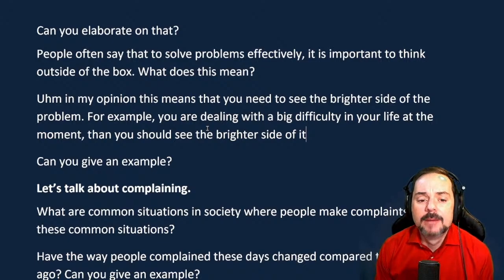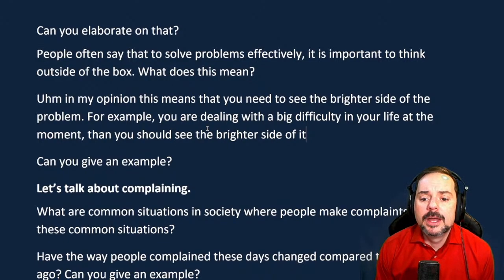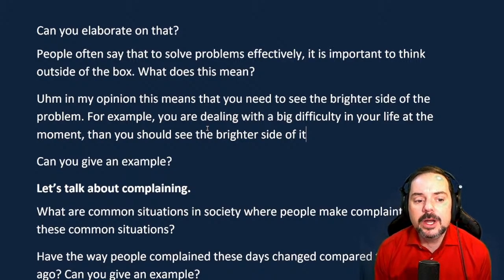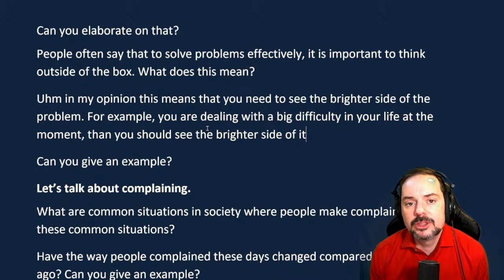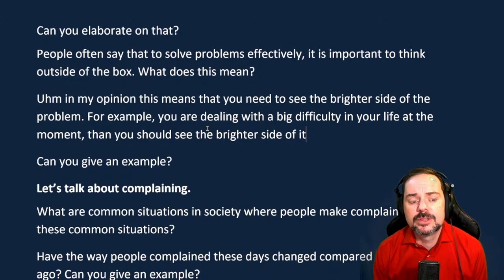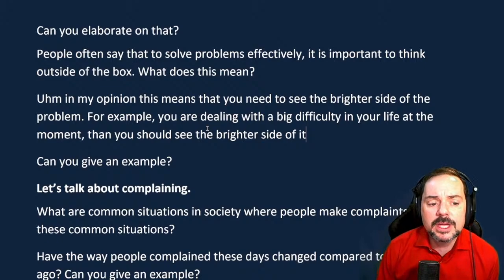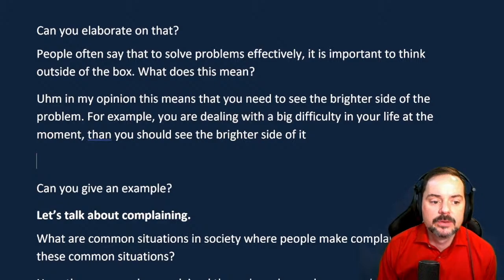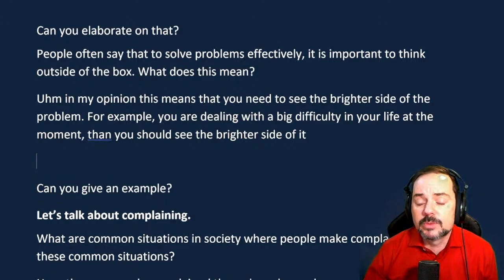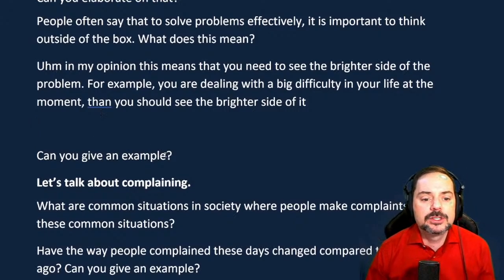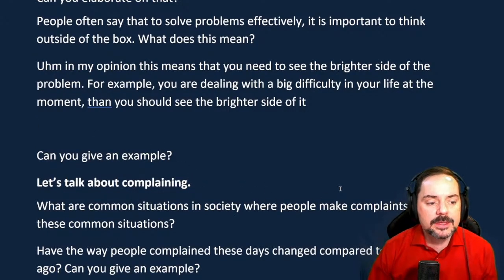All right, so that's what you need to do. Now you're close. I think this answer would get you a good mark. It's not an exact definition of thinking outside the box, but I do think that looking at the problem in a positive way is part of that expression. Thinking outside the box means looking at the challenge from different perspectives, right? So let me give you an answer as well, but I think you would do okay with the answer that you gave. So let me give you an answer to this question, and then we'll go from there.